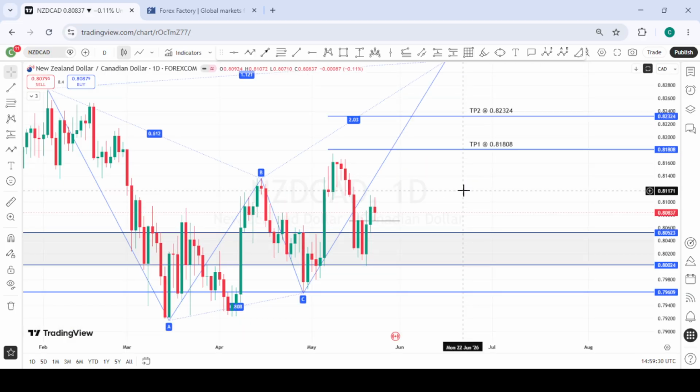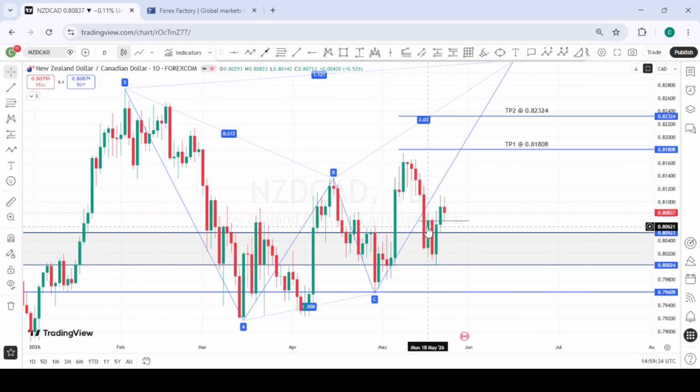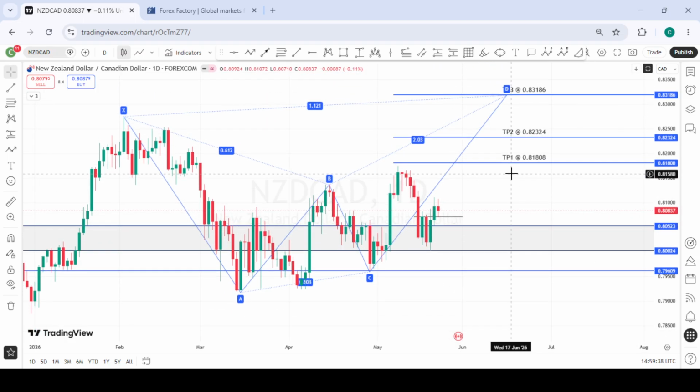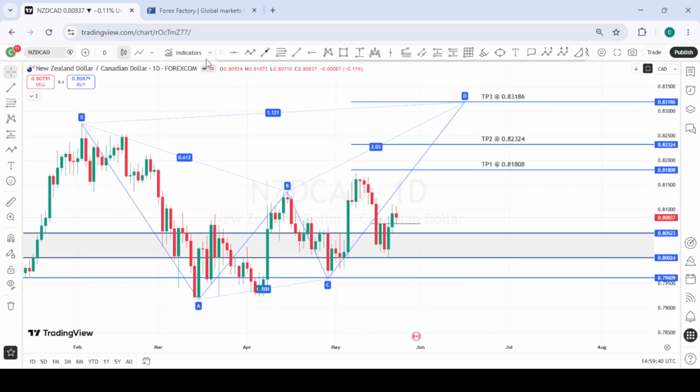This is NZDCAD. For NZDCAD, you can see that price has also reacted from a nice area of interest right here, and we have a harmonic pattern which is also developing. So what we are going to look out for on NZDCAD is also a possible retest of this structure point, just as we saw in EURCAD, this daily structure point,